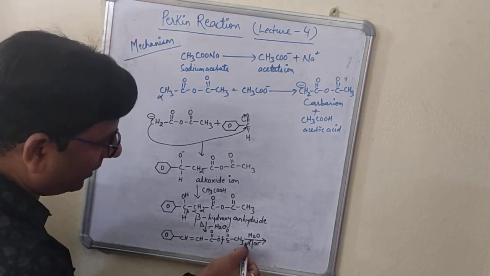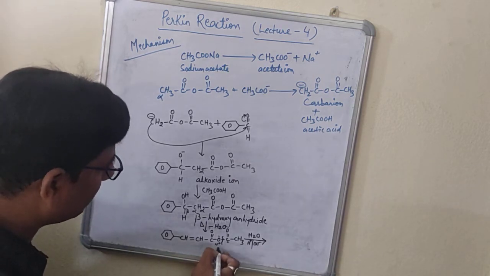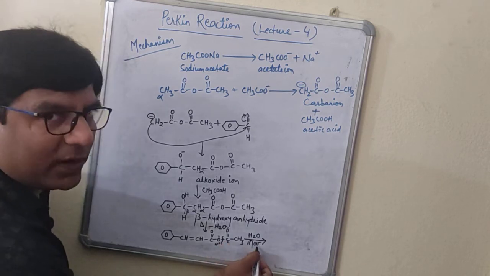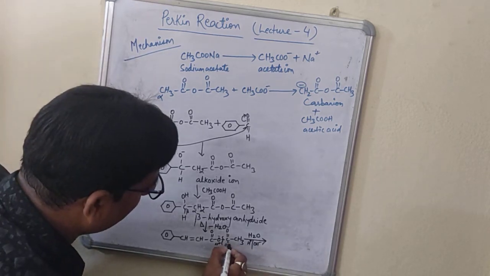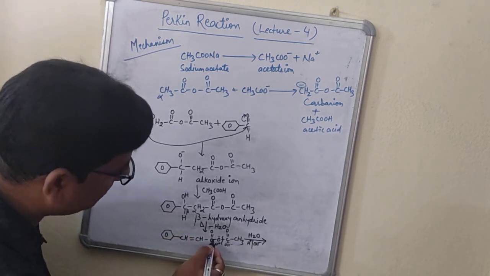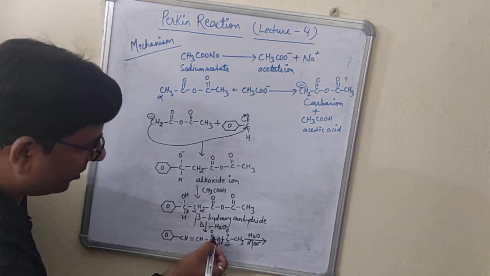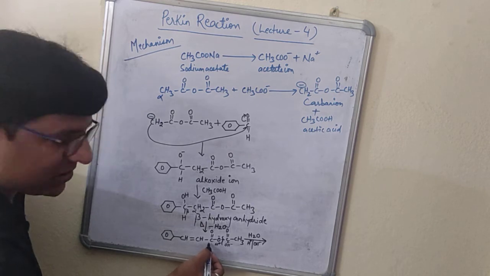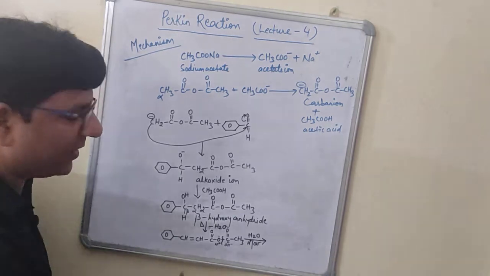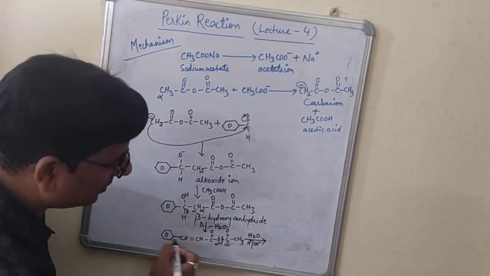Carbon will be acquiring a positive charge, right? As I told you, where will hydrogen go? It will go to the negative side, meaning here you have to add the H plus, right? And this carbon bearing positive charge, we will add what? OH minus. So here we will write OH minus. In the same way, students, if you are breaking this bond, right? Here it will be positive, here it will be negative. This bond is broken, so this positive will get the OH minus and this O will get the hydrogen, that is the proton, H plus, right? So I have just broken this bond, okay?